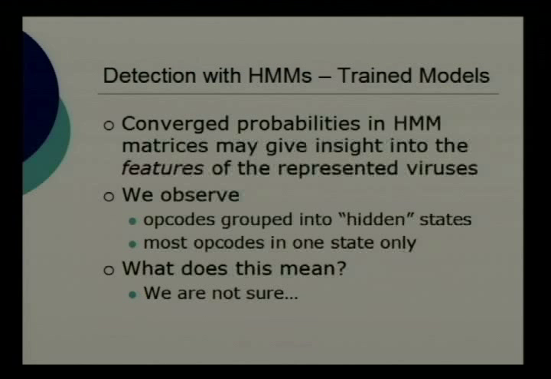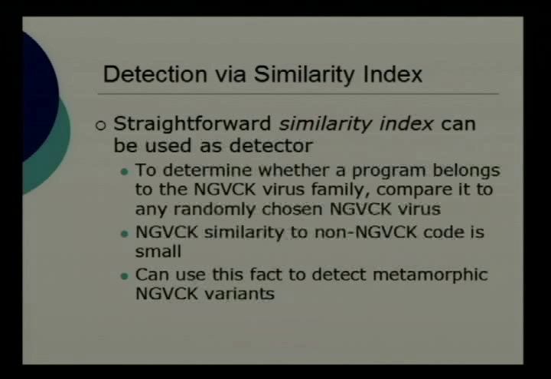We observe that the opcodes are actually all divided into stages, meaning that most opcodes appear in one state only. So if any one of you are good at assembly programming, you can look at the assembly code and see the classification and try to understand what kind of features this virus has. We've seen that even though NVIC viruses were not detected at all by the 3 scanners that we tested, we can use hidden Markov model to do some kind of classification, and they are quite successful.